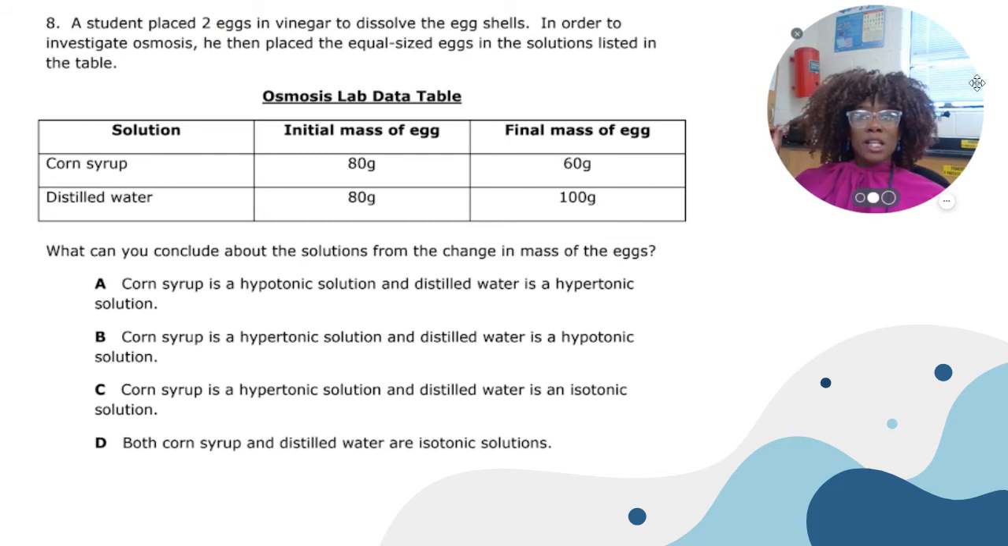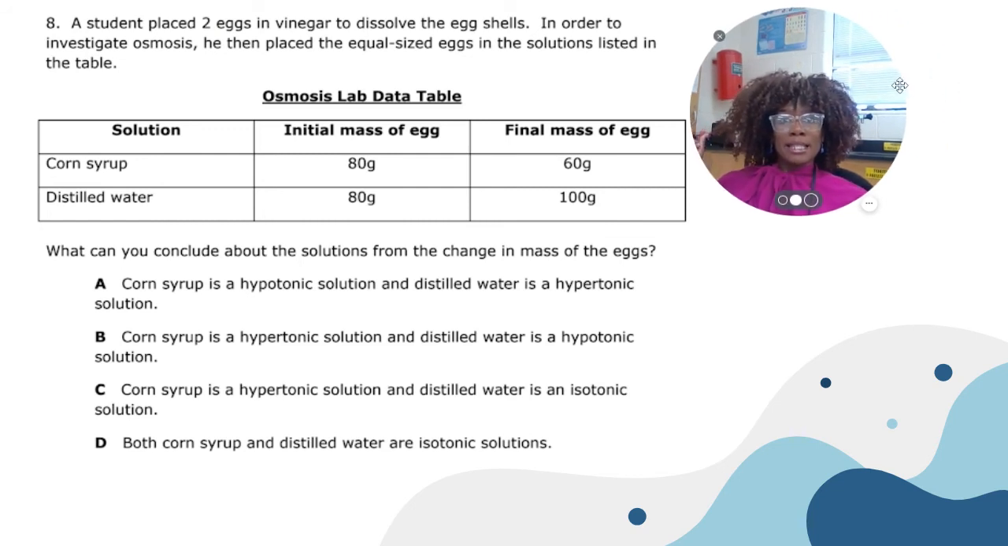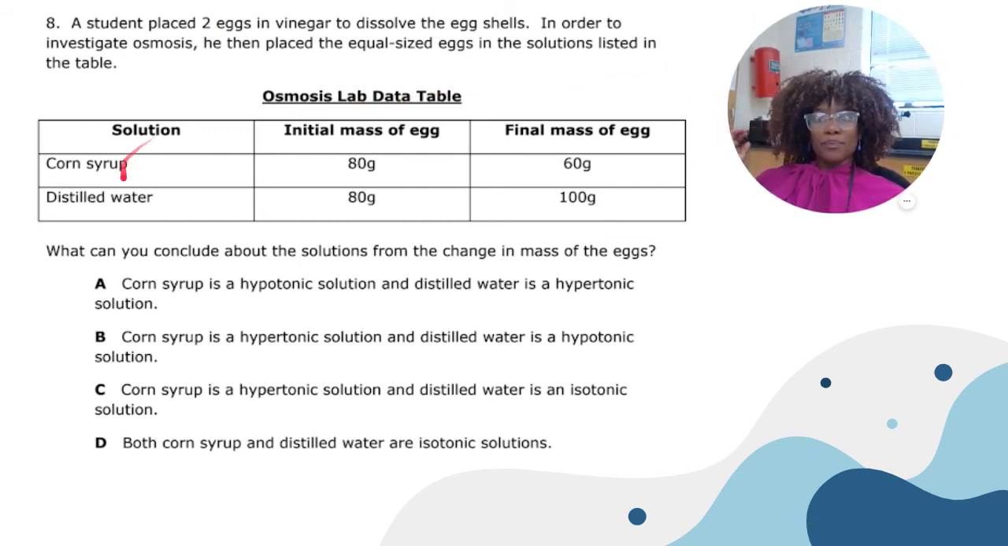In order to investigate osmosis, he then placed the equal-sized eggs in the solutions listed in the table. Solutions, initial mass of the egg, and then the final mass of the egg. If it's easier for you, think of mass as the weight. So obviously a higher mass is going to be a heavier egg. What can you conclude about the solutions from the change in mass of the eggs? So basically we need to determine